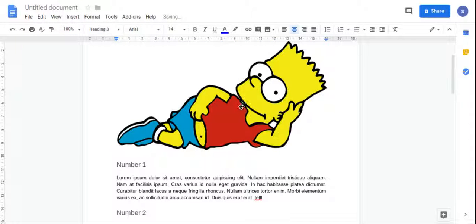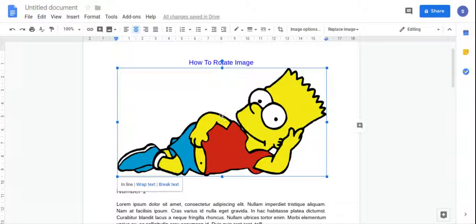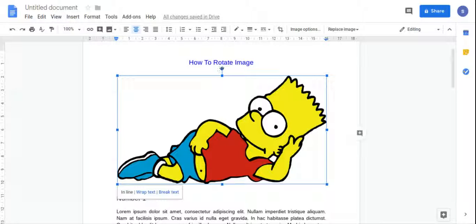Okay, so we're going to use this Bart Simpson image, and let's say, for example, I want to rotate it so it's upside down. I click on the image, and then you might just notice, you click on the image, there's this circle here. So all you do is click it, hold it, and drag it,